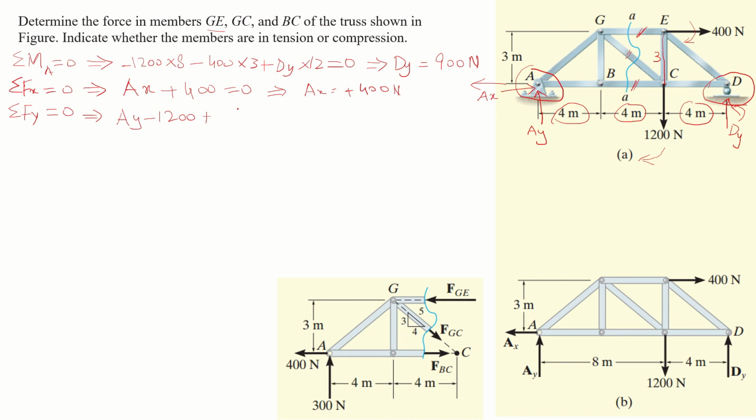We have already found the value of dy, which is equal to 900, is equal to 0, and this implies that ay is equal to 300. The answer is now positive. That means that direction of ay was correct. So these are the three support reactions,